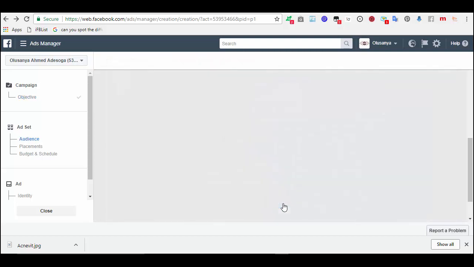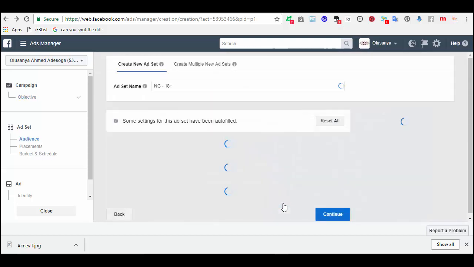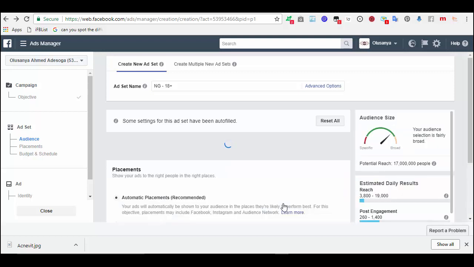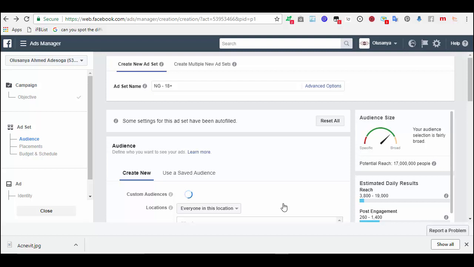So please follow this step. This is the method I use to promote my physical products. I don't use this step because if you have a website, as I told you in the previous video, then you can use this to drive traffic. But the one I know is working perfectly is the boost post for physical products. But before I use boost post, I will come to this advert section to make some research.